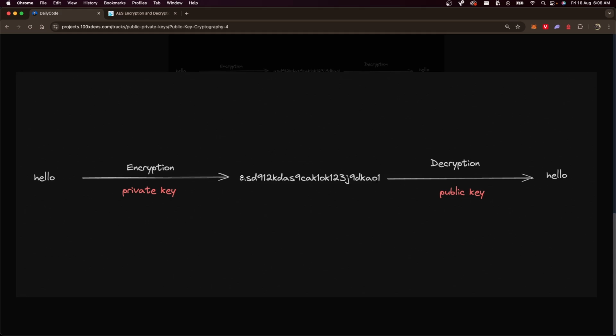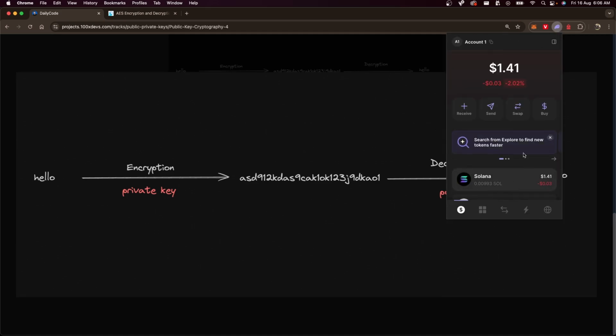Some random looking text comes out. This gets encrypted over to a string. And when you decrypt it using a corresponding public key. This introduces the concept of a key pair. I repeat, when I started the class, I told you, this wallet has a public key and it also has